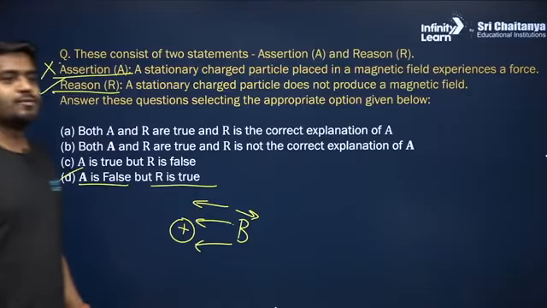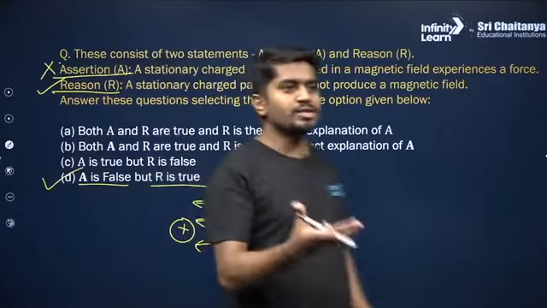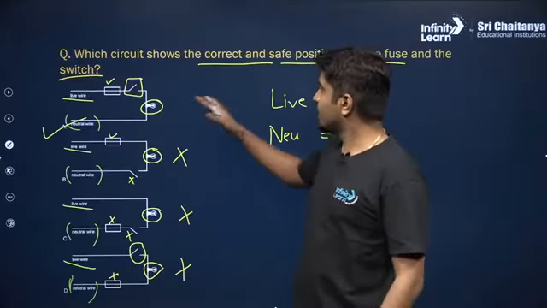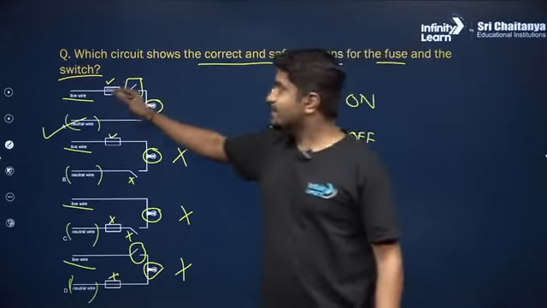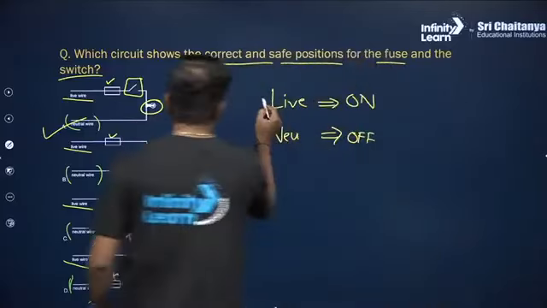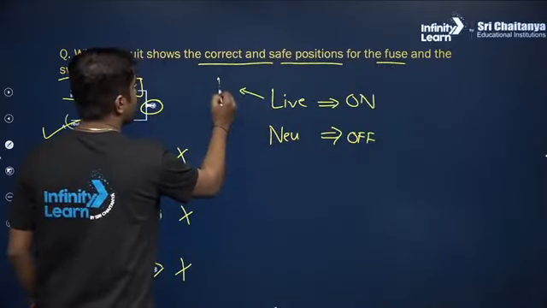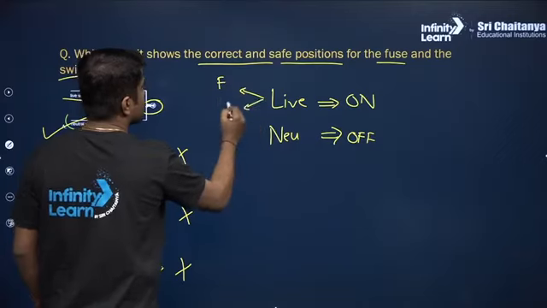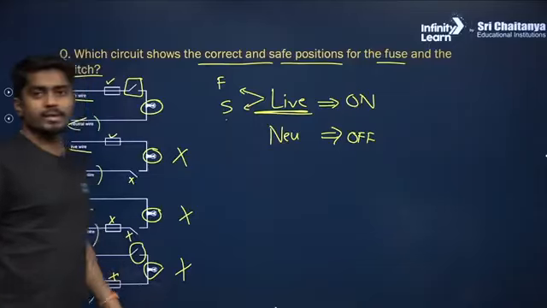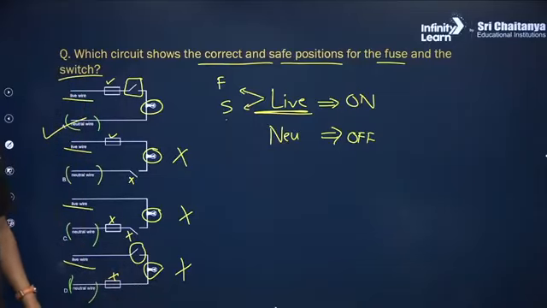Which wire is used for the fuse? So you remember here fuse is placed in the live wire. Live wire में ही हमेशा दोनों, fuse and switch both should be on the live wire and not on the neutral wire. Okay,